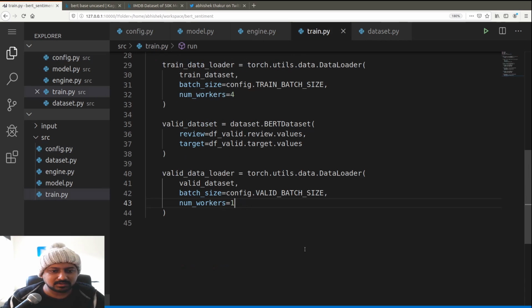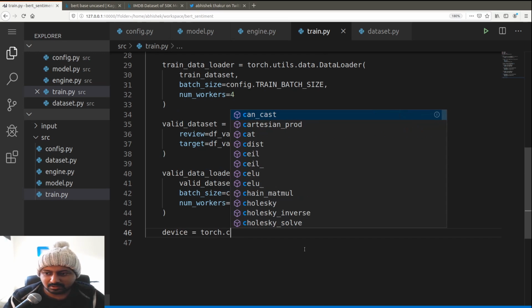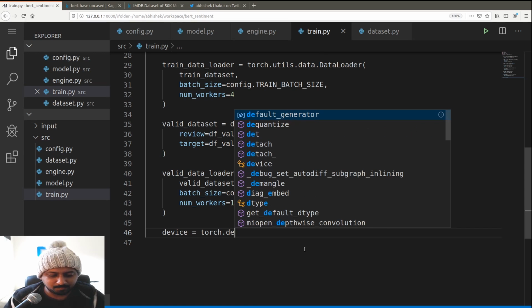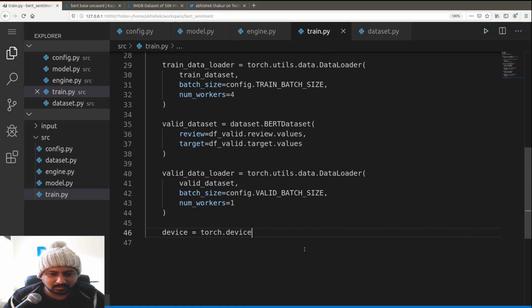You don't need 4 workers. So 1 worker, let's say, for validation. Why do you need 4? And device is torch.device CUDA. We are going to train it on GPU, obviously, and then you have to